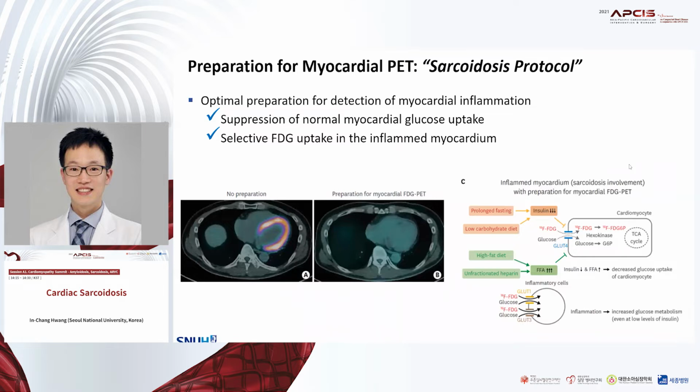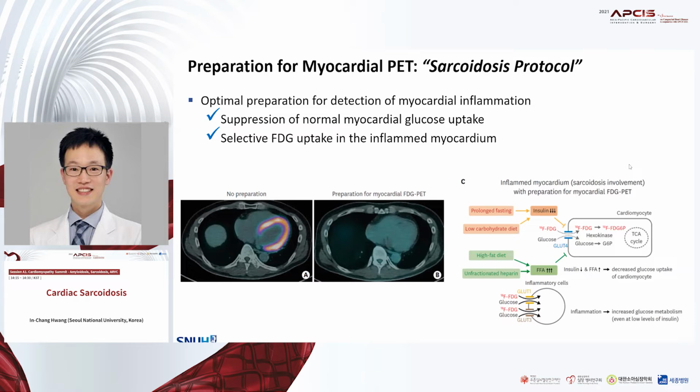For diagnosis of cardiac sarcoidosis with PET scan, specialized protocols are required because the normal myocardium uptakes glucose. The increased FDG uptake in myocardium is actually a normal finding in a usual PET scan. It can be easily found in patients with cancer. So in order to differentiate the inflamed myocardium from the normal one, we have to suppress the glucose uptake in